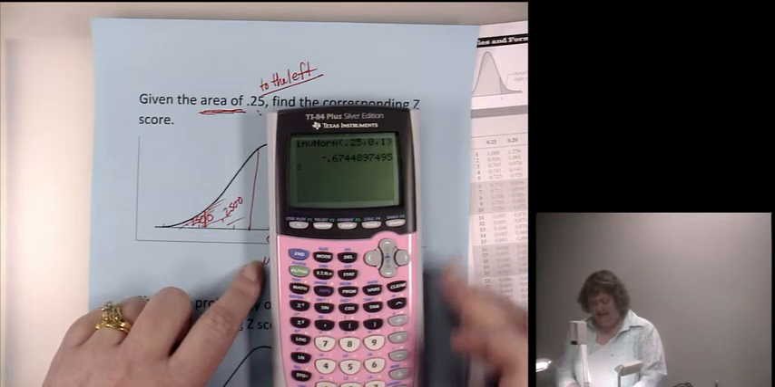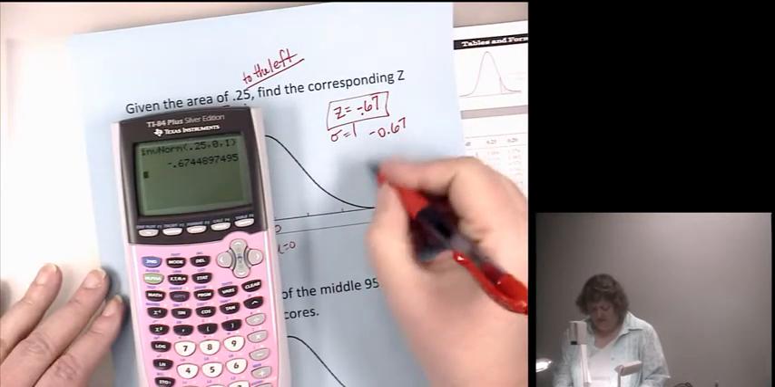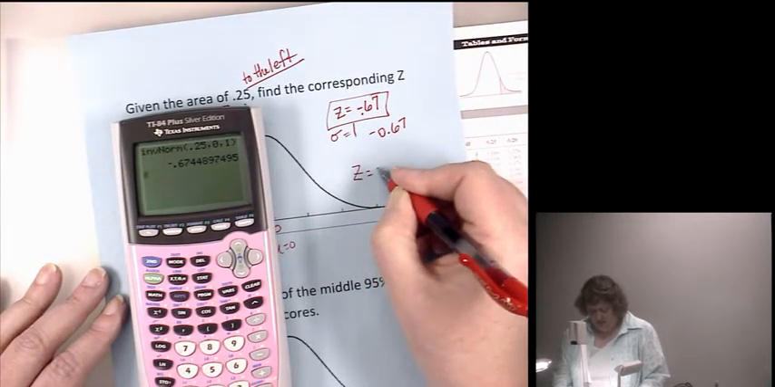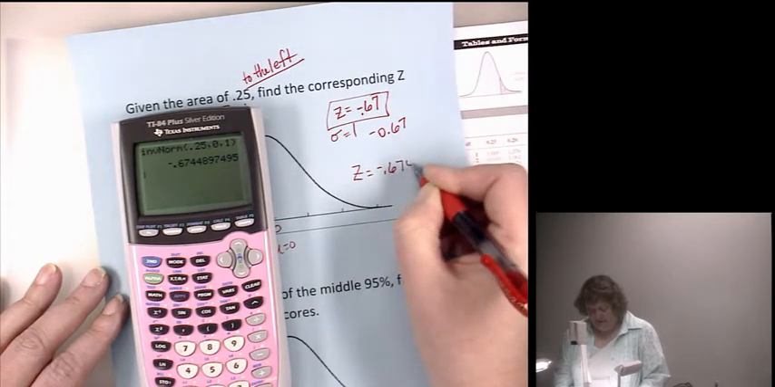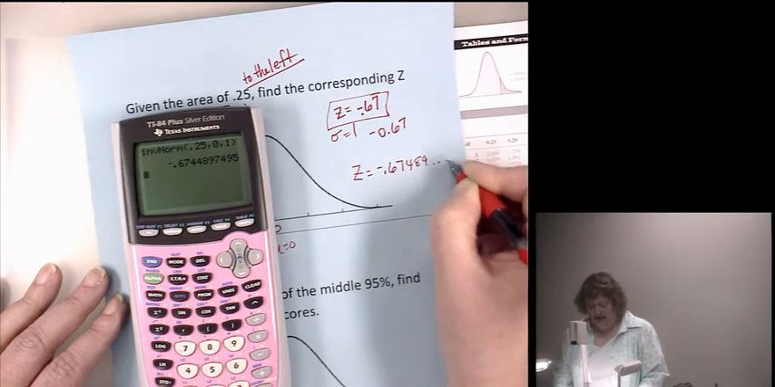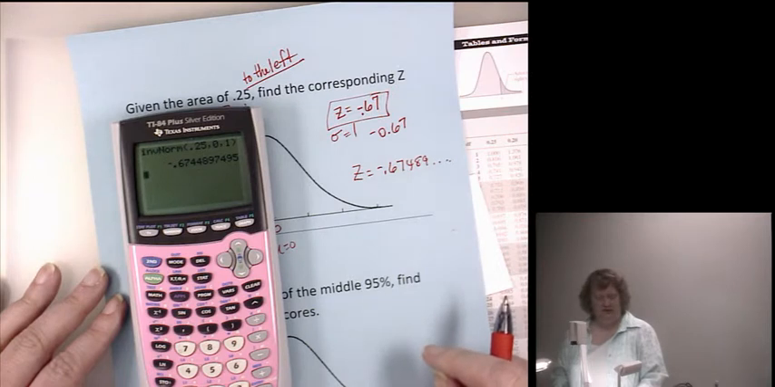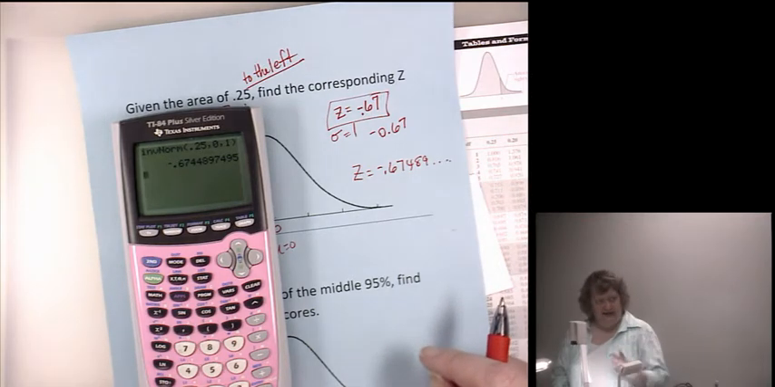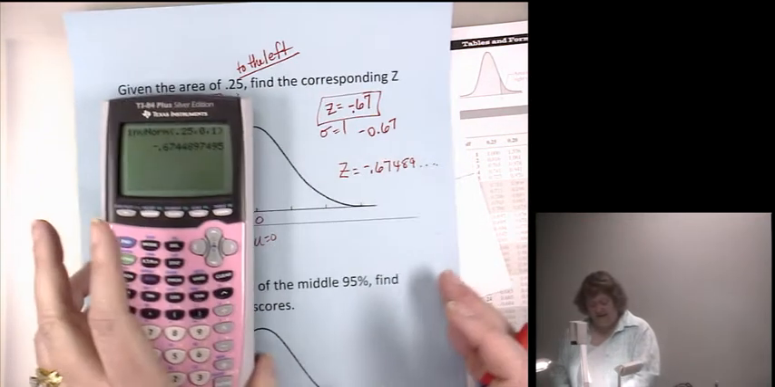And notice it gives us that negative 0.67489. Well, the calculator gives us a more accurate answer, but we want it to the table value. So what it tells us is negative 0.674. So we would want to then